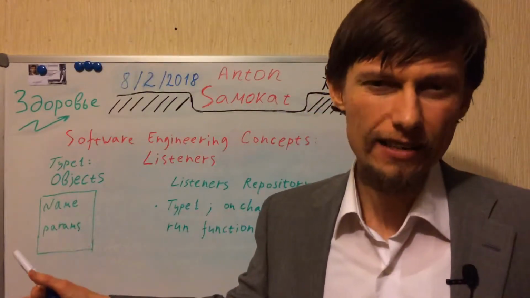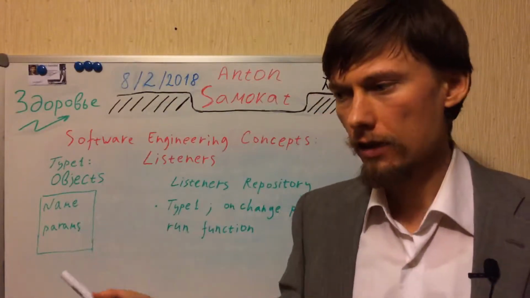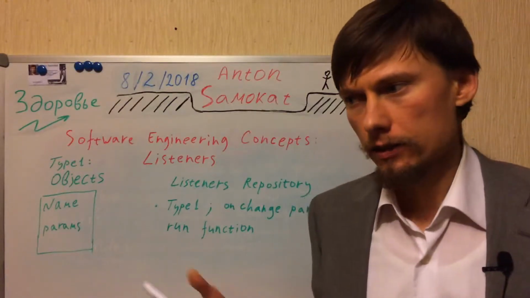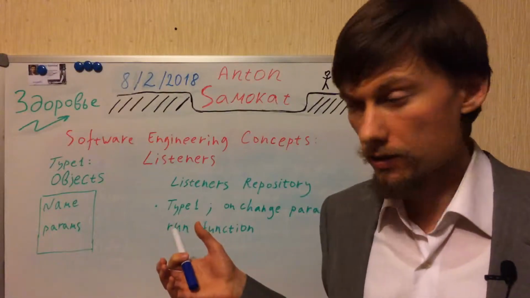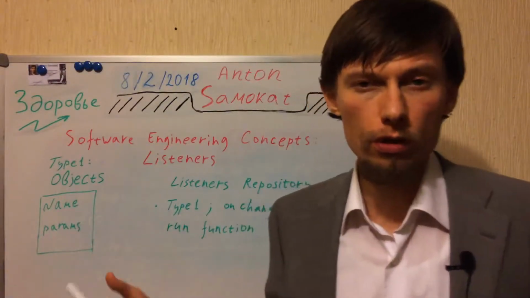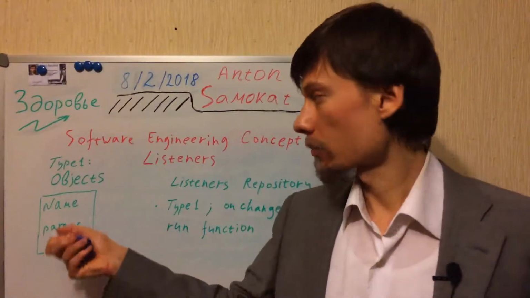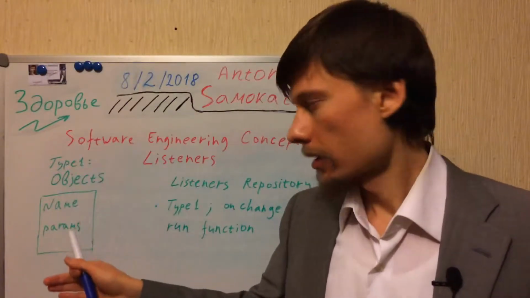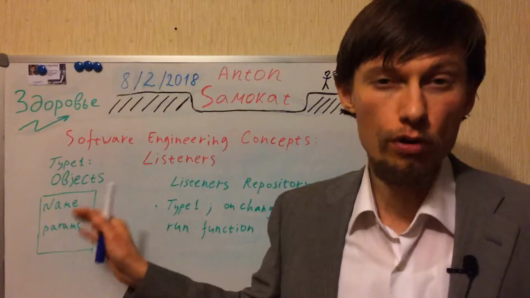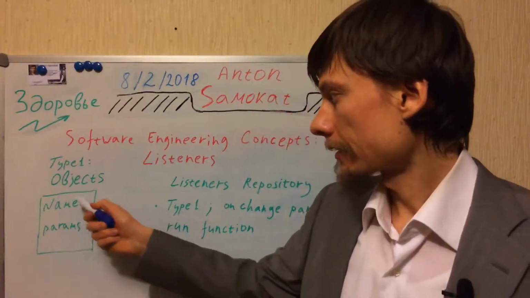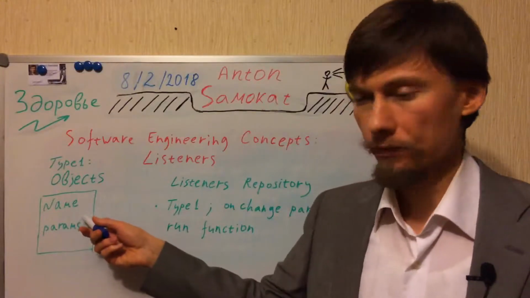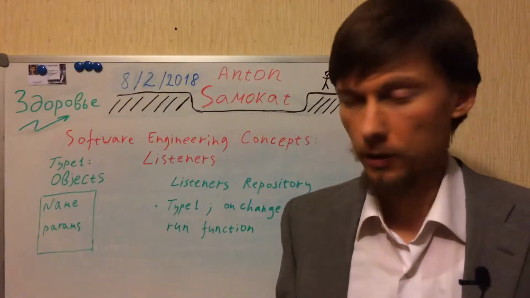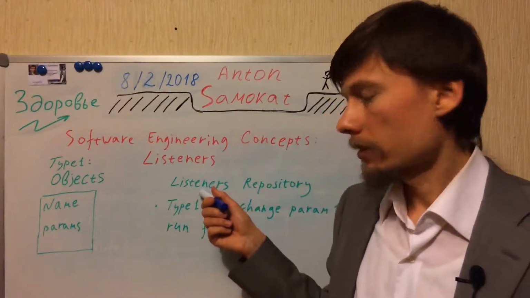different kinds of objects, and we have to implement listeners for our objects. For example, we have some type of objects, type 1. Maybe it is some person, for example, and these objects have the following parameters: name of object and some parameters, some specific fields. And we want to have